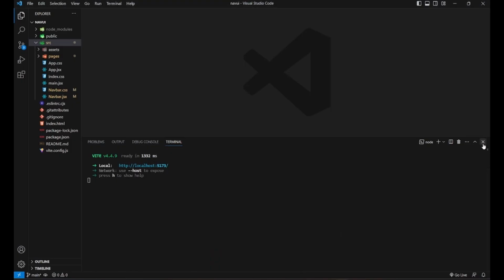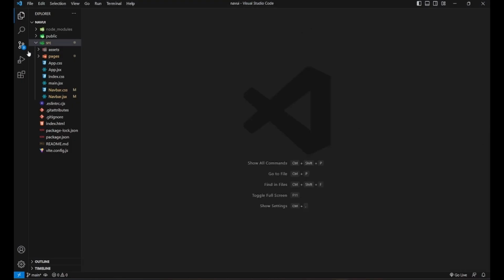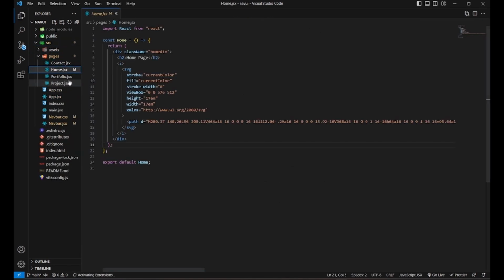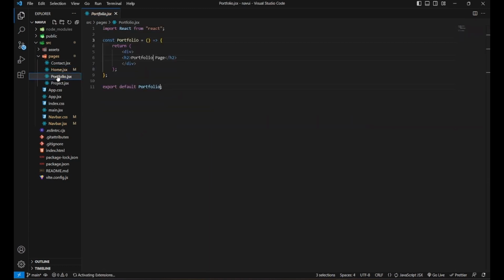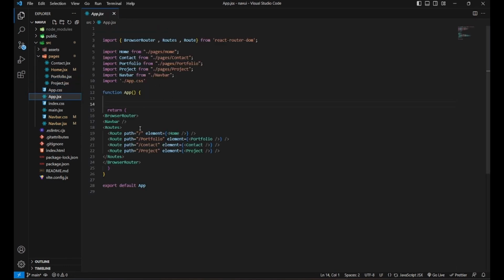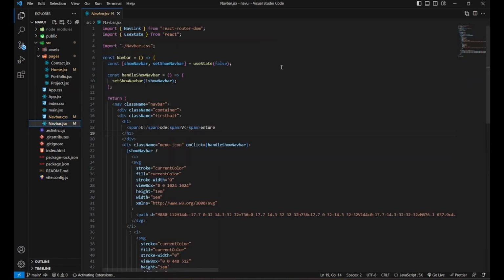So now let's see the folder structure a little bit before we start the project. We have a pages section here, which is not relevant to our dark mode toggle, but here we have some icons and some titles. All of them are going to change their color when we implement the dark mode toggle. So here we have the main app folder where we are using the browser router, which is React Router version 6, and we have some paths, and you can also see the navbar component below the browser router. The browser router is the parent component here.